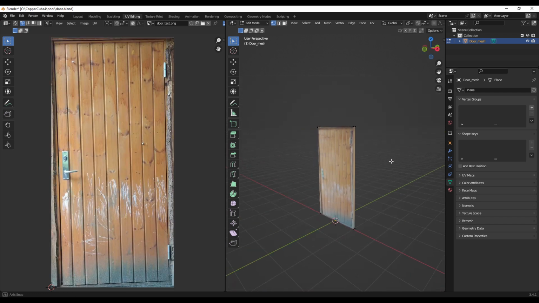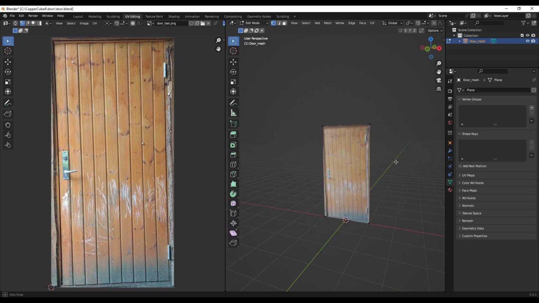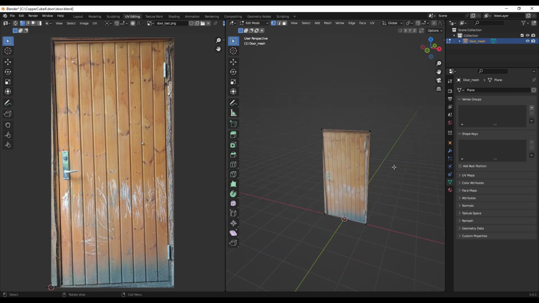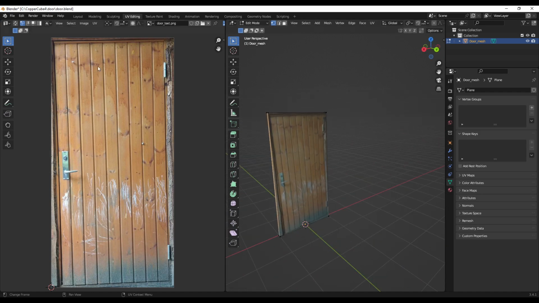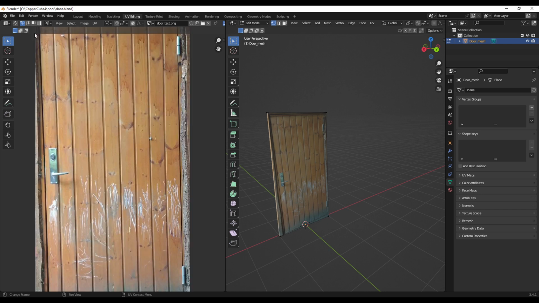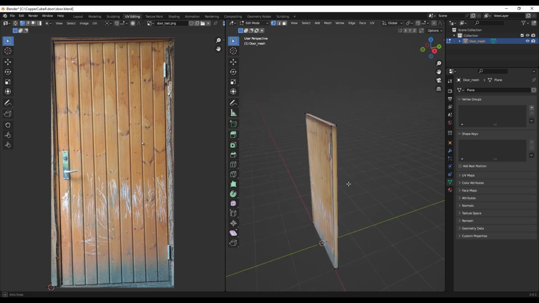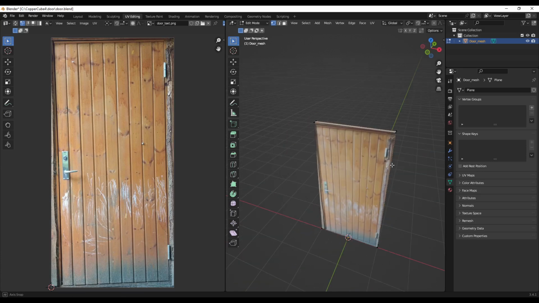So this is almost what we want to see, but as you can see, I have a couple of issues with that. First of all, the door is tilted because my hands were shaking obviously, and I was not able to get the perfect shot. So I need to